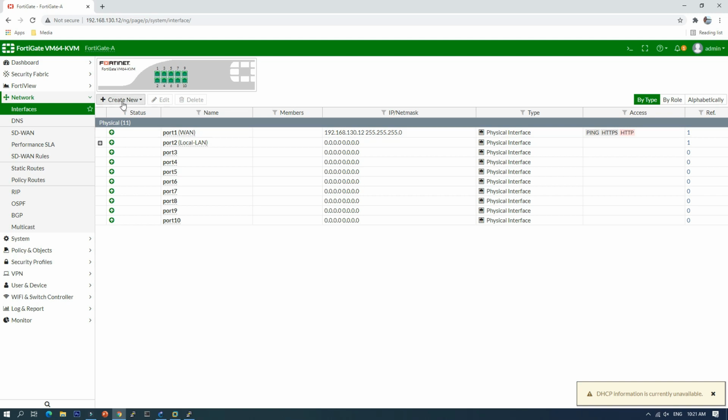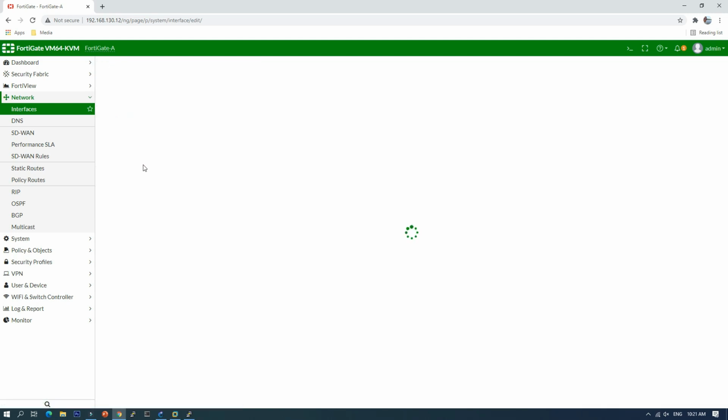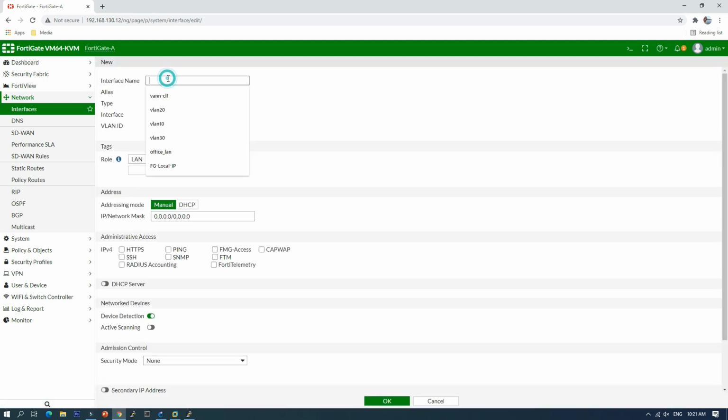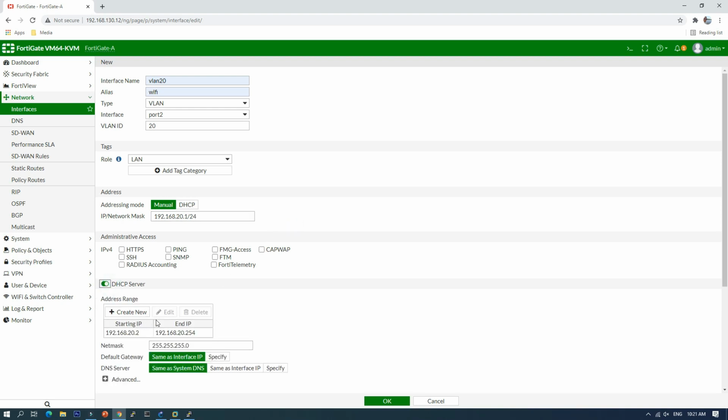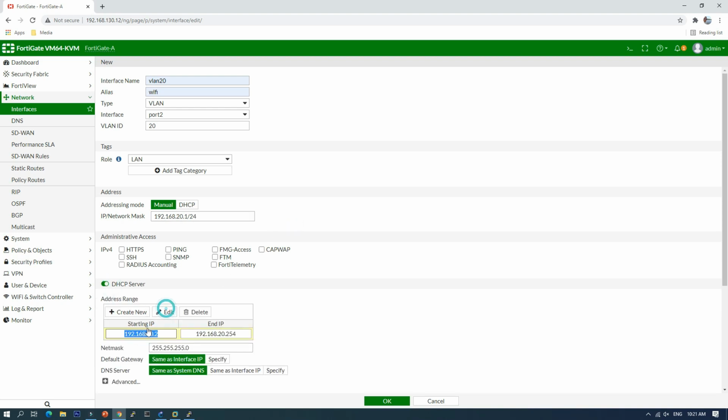And then another one is VLAN 20. I can say Wi-Fi on port 2, VLAN ID 20, and 192.168.20.1. Okay, the HTTP server, I want to start from 10.